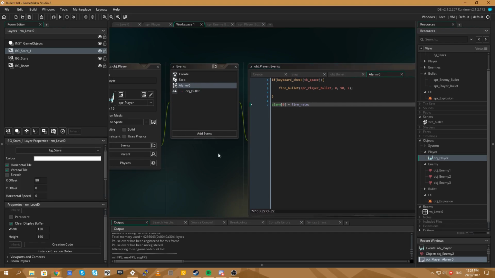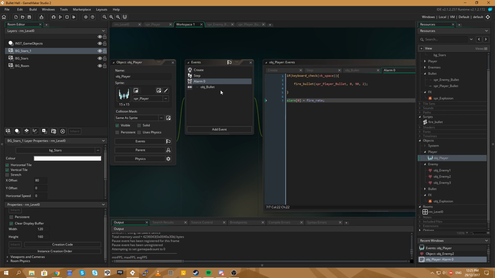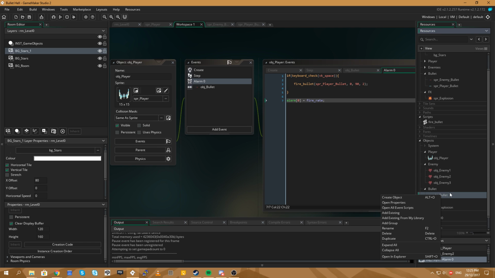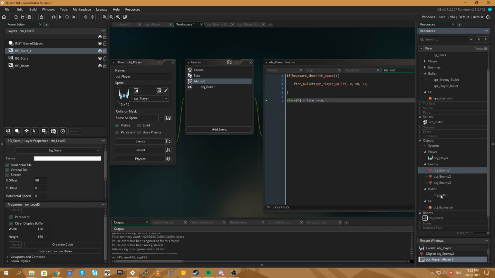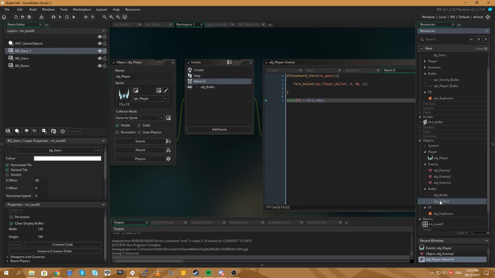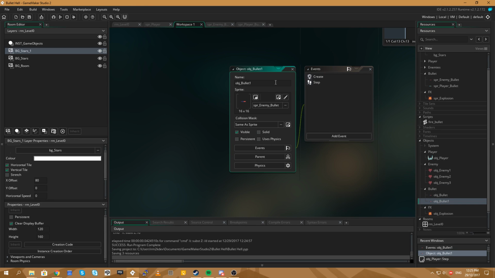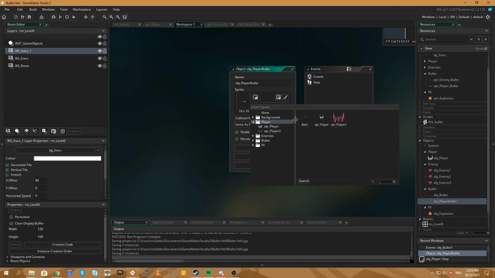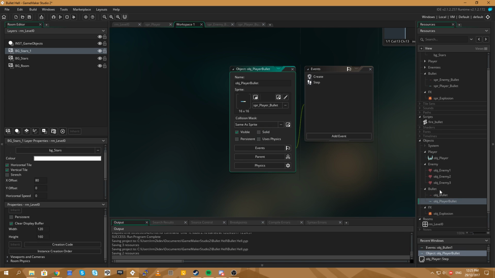So we don't want that to happen. We have two options when we do this. We can create another bullet object, one specifically for the player, or we can create a... I'm just thinking. Yeah, let's do that. All right, here's a different approach. Let's duplicate the bullet, and we'll call this object player bullet. We'll give it the appropriate sprite for the player, and that way we won't pass the sprite across. We'll pass the bullet type across using the script. So now the player's bullet has a different type.